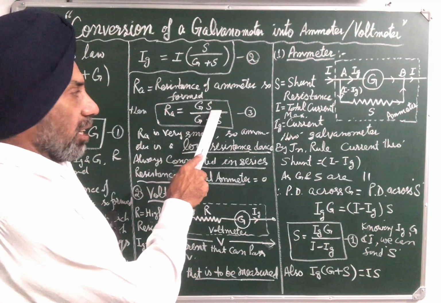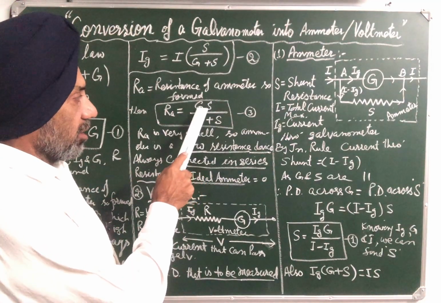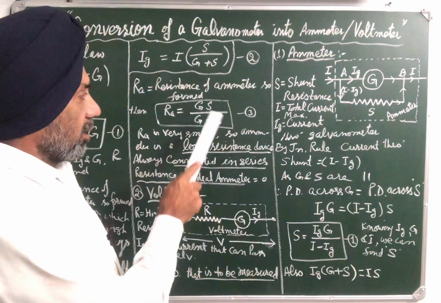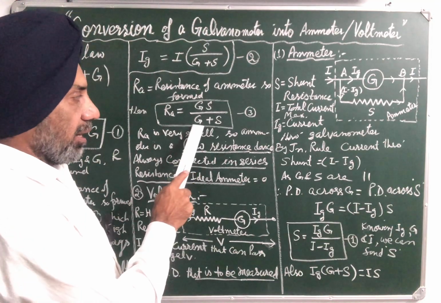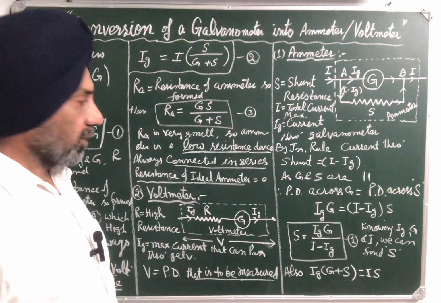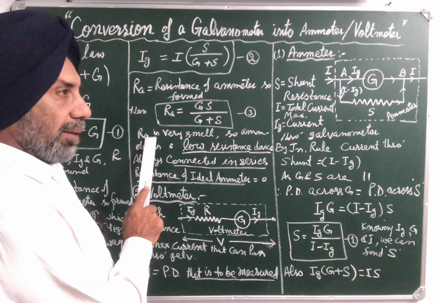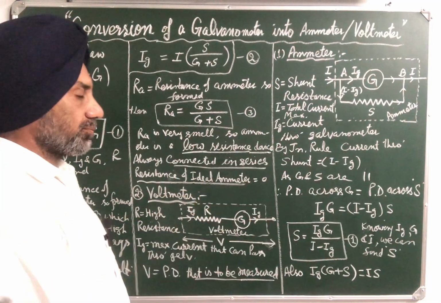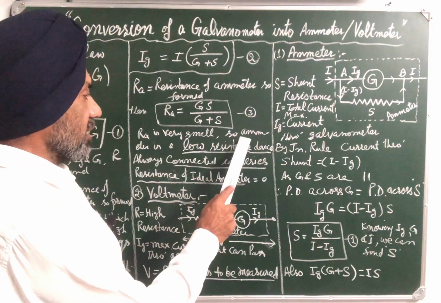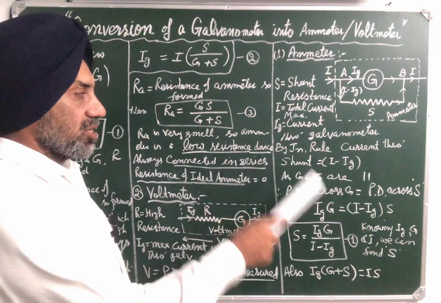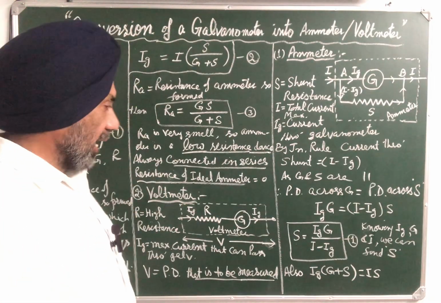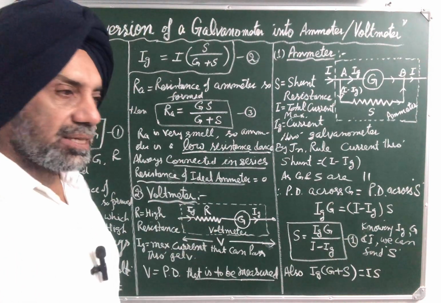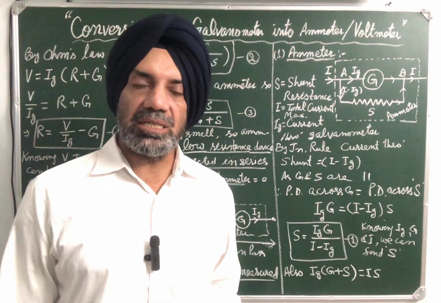Now, as S is small, when we multiply a small resistance with a large one, it becomes small, and we divide a small quantity by a large quantity, so it becomes small. It means the resistance of the ammeter so formed is very, very small. That's why an ammeter is always a low resistance device, and that's why an ammeter is always connected in series in a